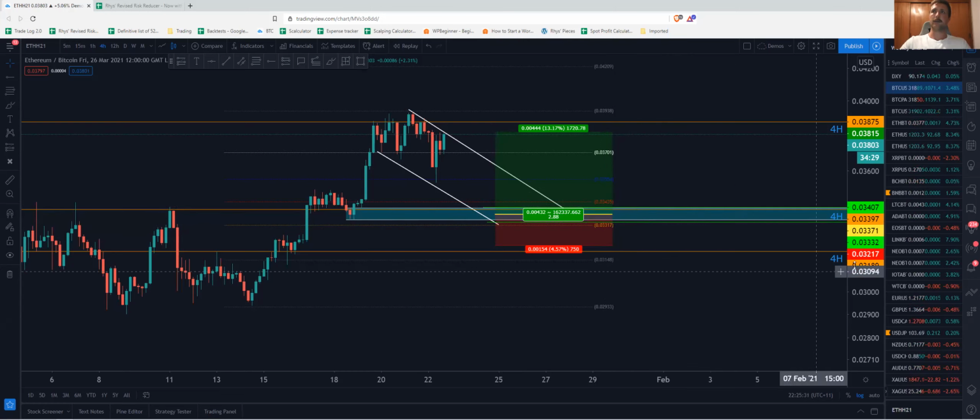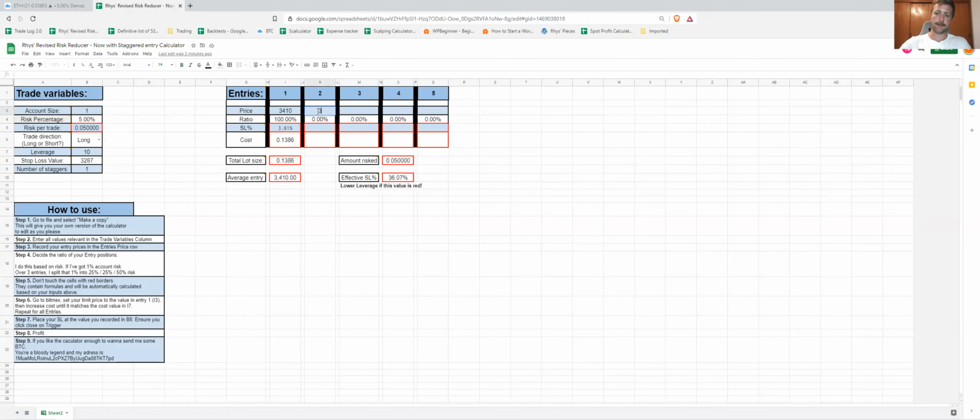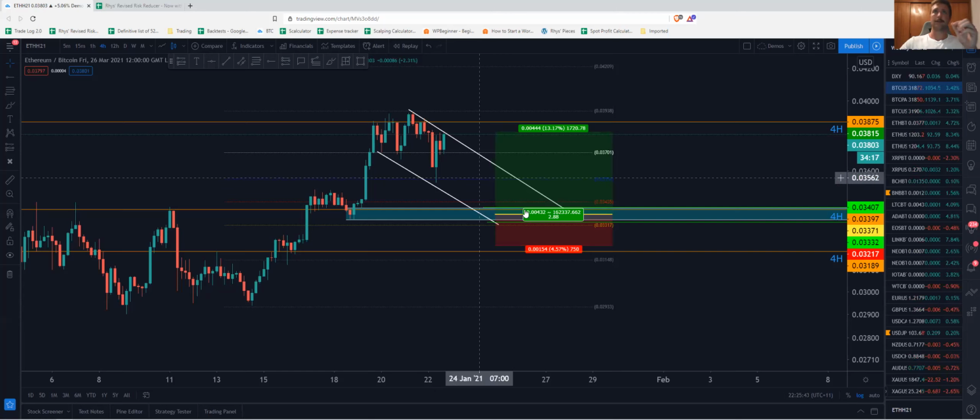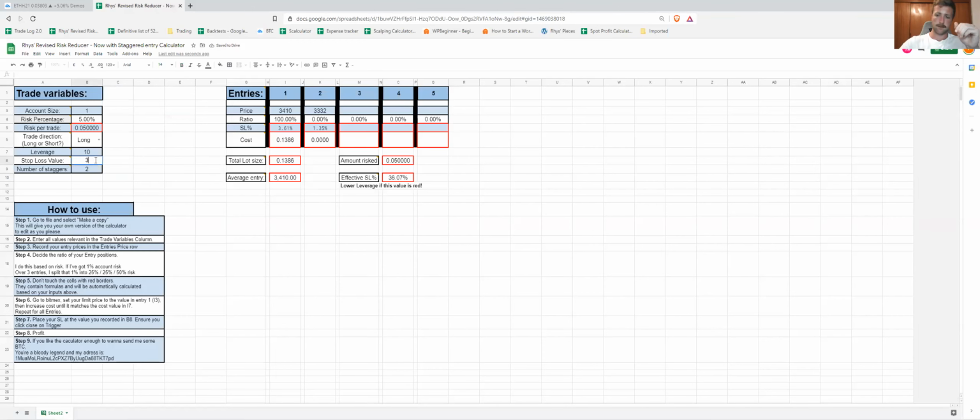And then this one is 3332. Right, so our second stagger price is 3332. You can change the number of staggers if you want. We'll make it 2. Our stop loss we changed, so we have to get that new value. So we have 3217. And now,